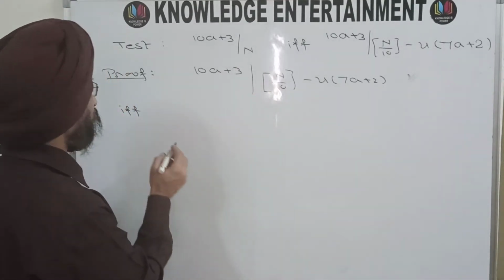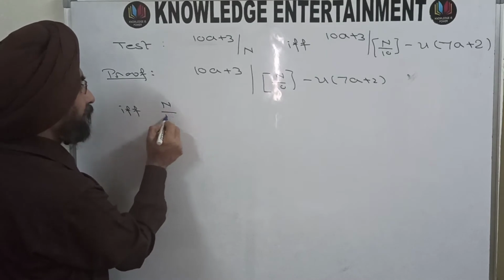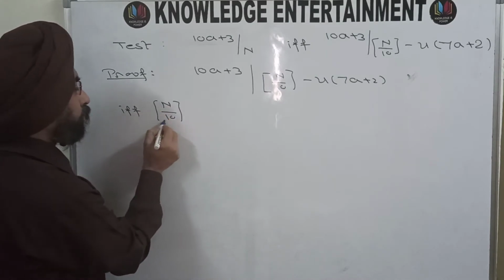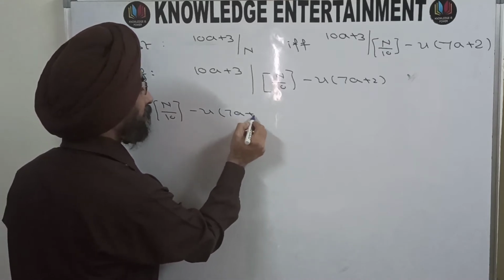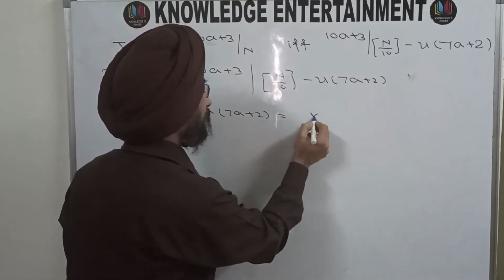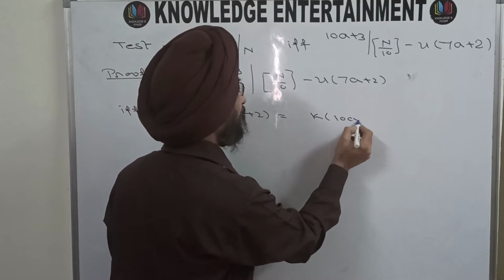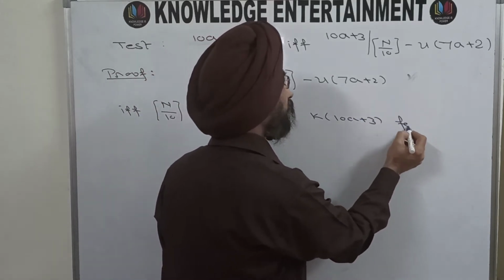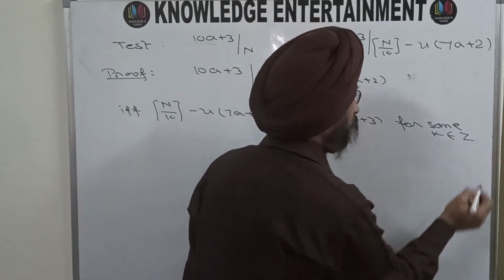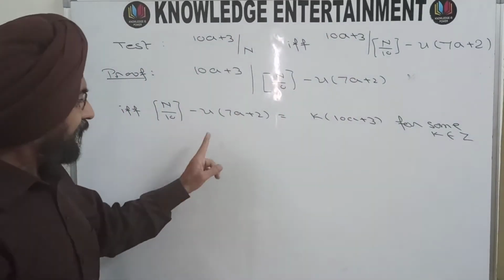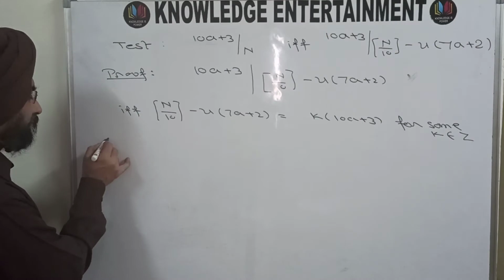That means if and only if the greatest integer of n by 10 minus u times 7a plus 2 is k times 10a plus 3 for some k belonging to the set of integers. And it is true if and only if